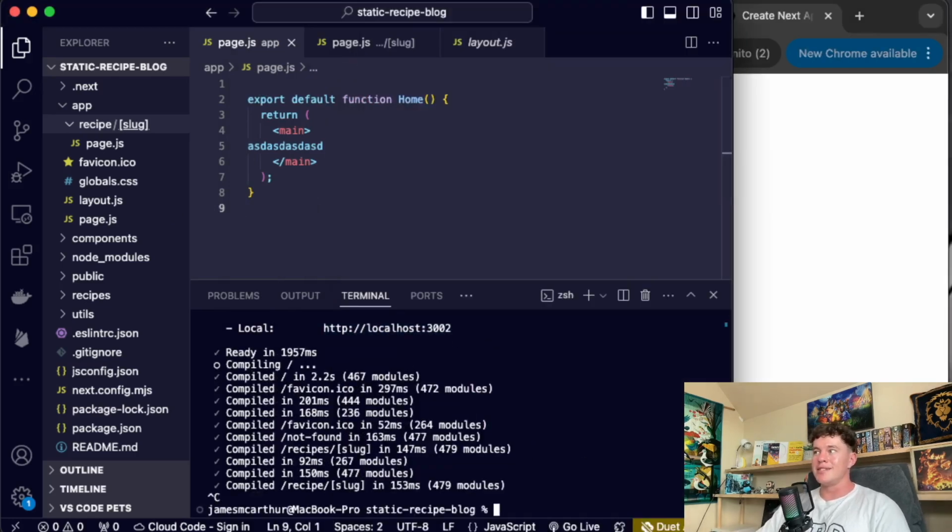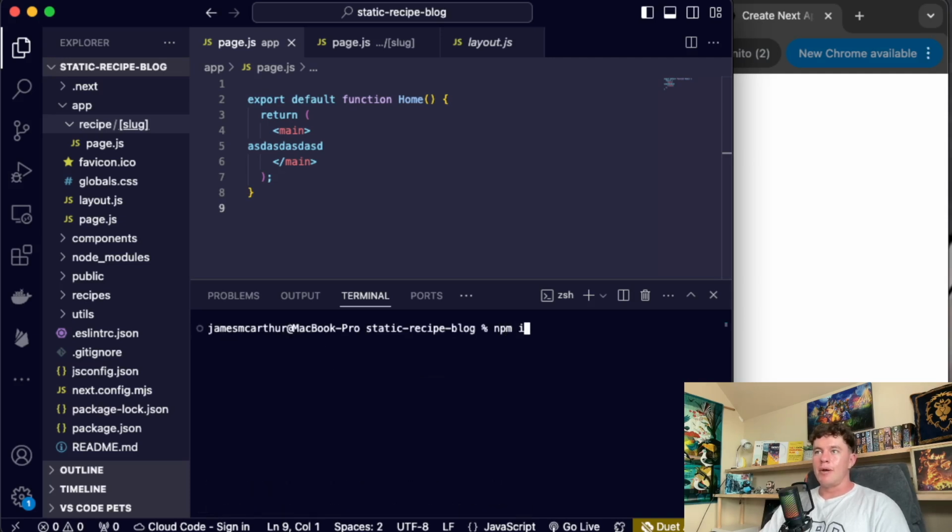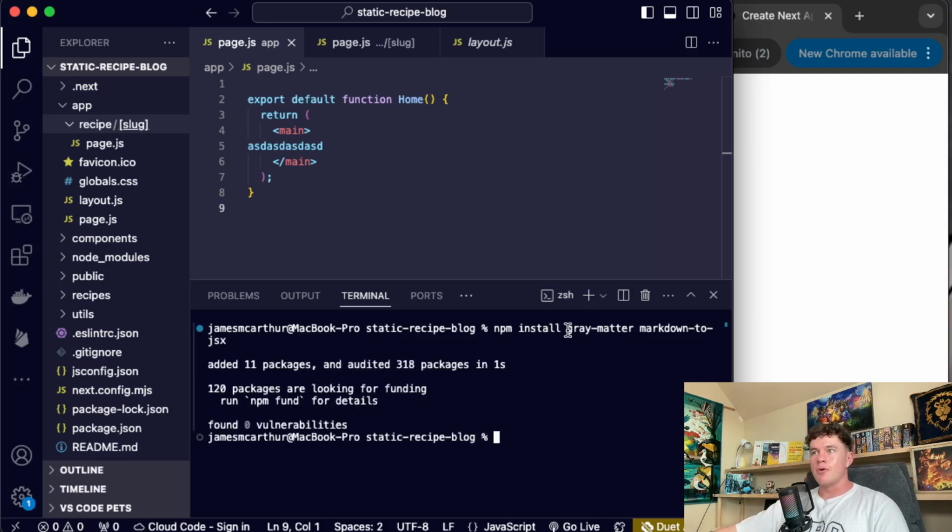The next thing we're going to do is install some dependencies for our project. Namely, we're going to have npm install inside of our terminal. The first one's going to be gray-matter. And then we're going to have a space and install another one called markdown-to-jsx. Essentially, gray-matter is going to be used to read the contents of our Markdown file. And then markdown-to-jsx is going to take the Markdown content that's been read onto our page and convert it into JSX, which is essentially what React and Next.js render onto the page. So that's pretty straightforward. And with that installed, we can go ahead and boot up our application again by typing